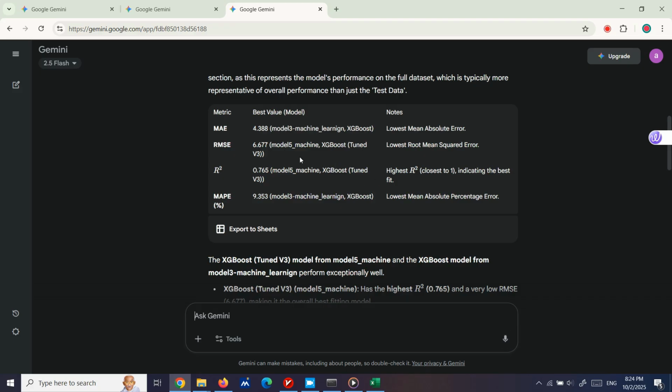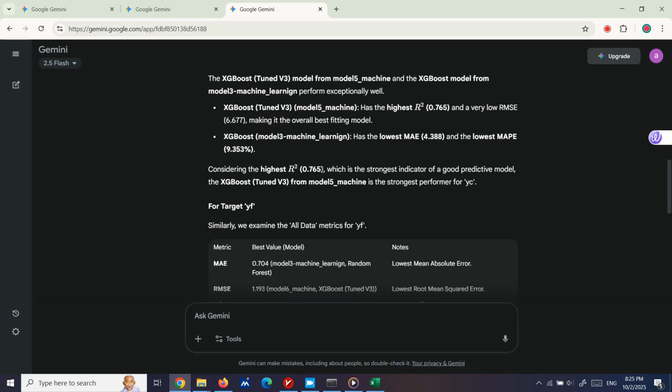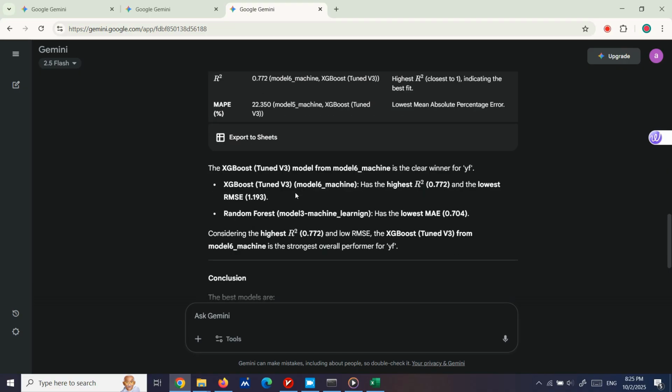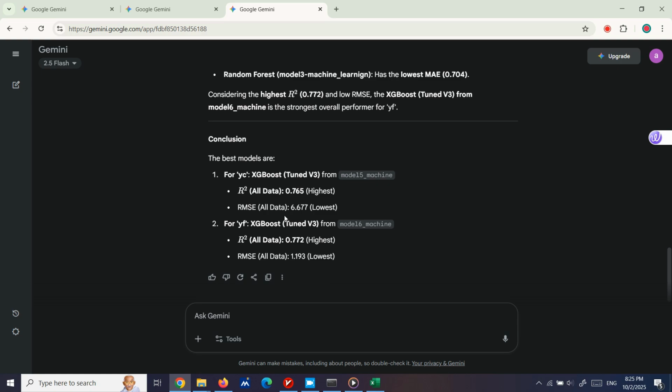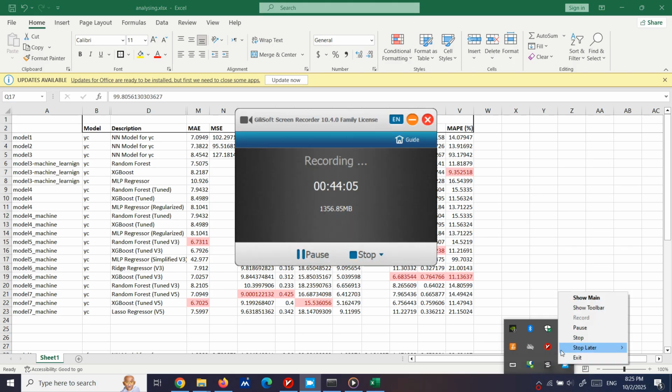Model 3, Model 5, machine learning, Model 5, XGBoost, okay. You see the XGBoost is the best fit, and we have some best fit also for that. Okay, it's enough. In the next video we are going to be more accurate in this data and talk a lot about them. Until then, have a nice